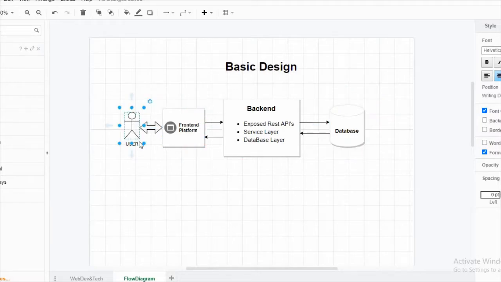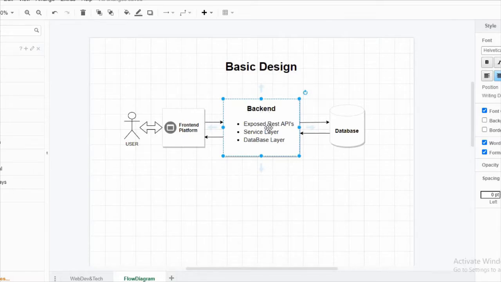So this is a user who wants to log into our application. He or she will fill the form and click on the submit button. That form will be present in the front end, which we also call the view. That view will be made of HTML, CSS, JavaScript or any other front end framework. While clicking on the submit button, that information will be passed to the backend. That login information will consist of username and password. That information will be passed to the backend through REST API or SOAP API.